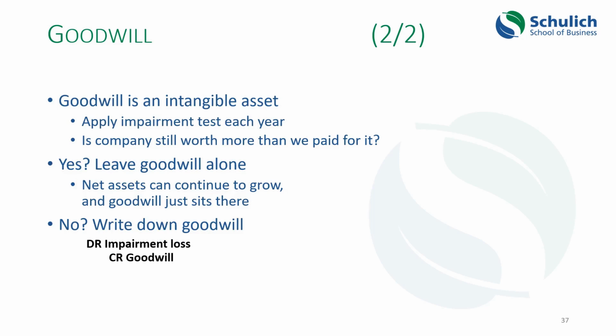And in the olden days, and I believe still in the United Kingdom, for companies that don't follow IFRS, goodwill would be amortized over a period of time. Now, under IFRS, companies do not amortize their goodwill. What they do is they apply an impairment test each year. And if the investment that they've done in that other company is no longer paying off, then it should reduce the value of its assets. And the first thing to go is the goodwill.